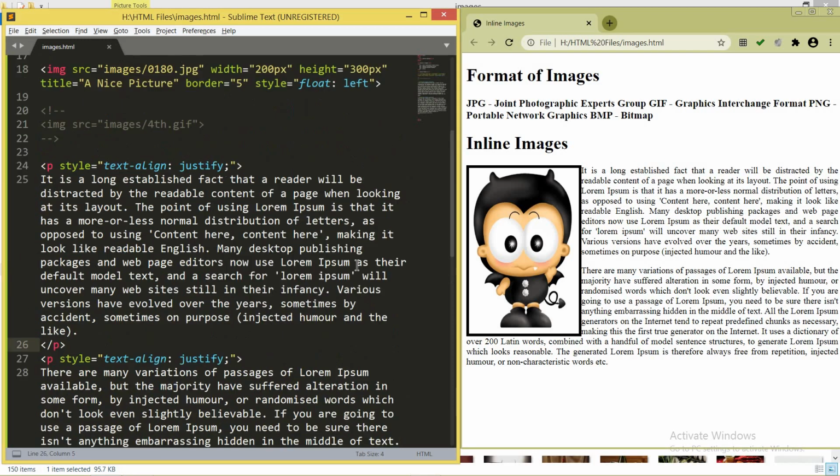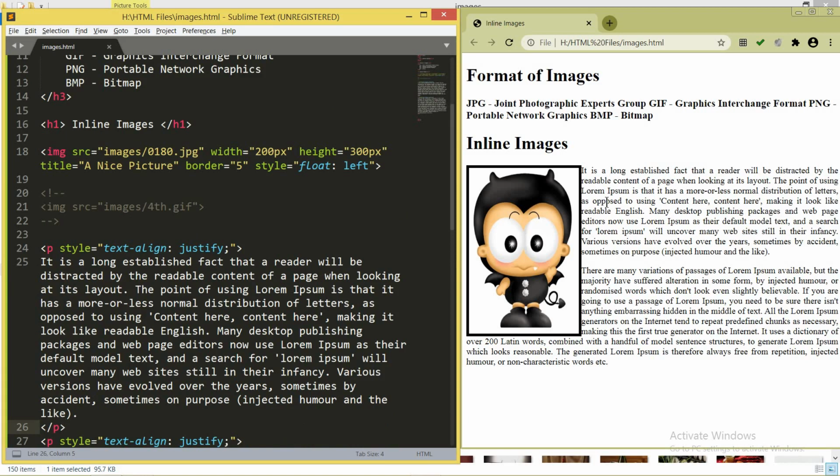Now one issue is there, your text is placed just next to the image. Here you can see there is no gap. Now what I want is to place some gap between this image and this text. Then again you have to use the CSS property. I told you last time we should have the combination of HTML and CSS.